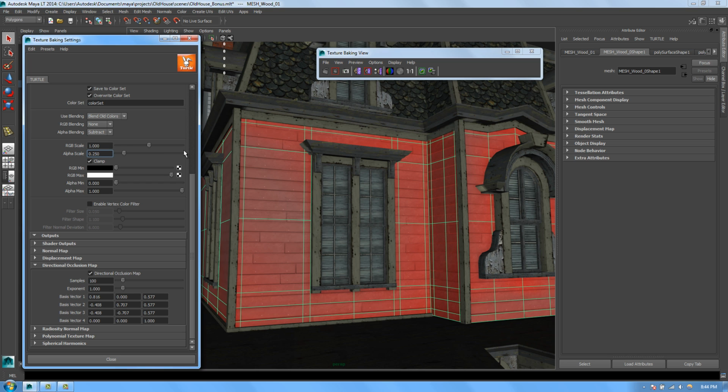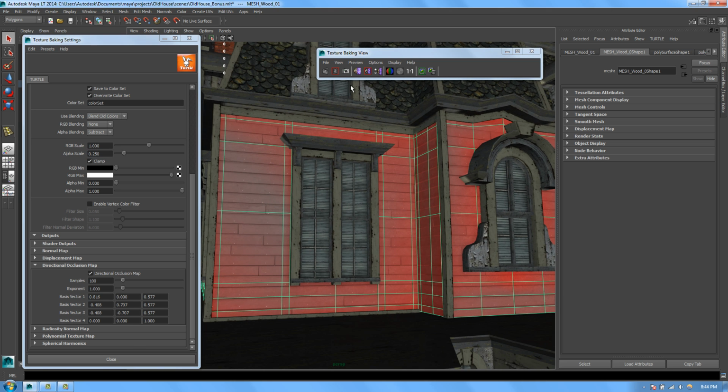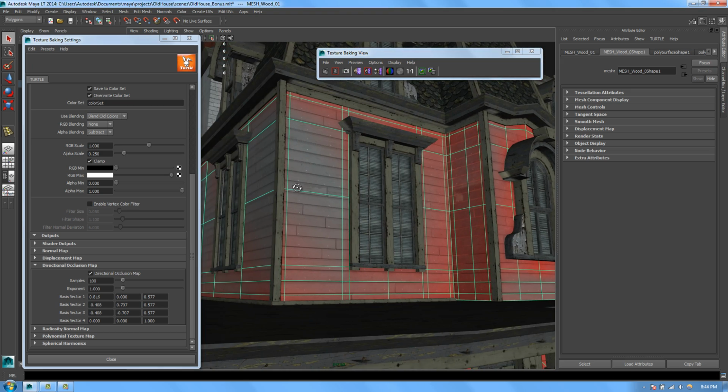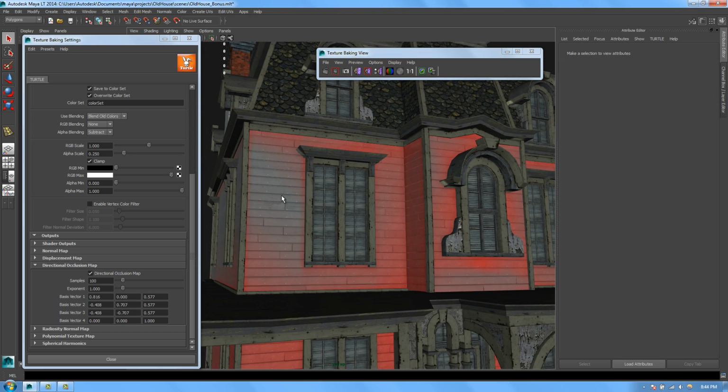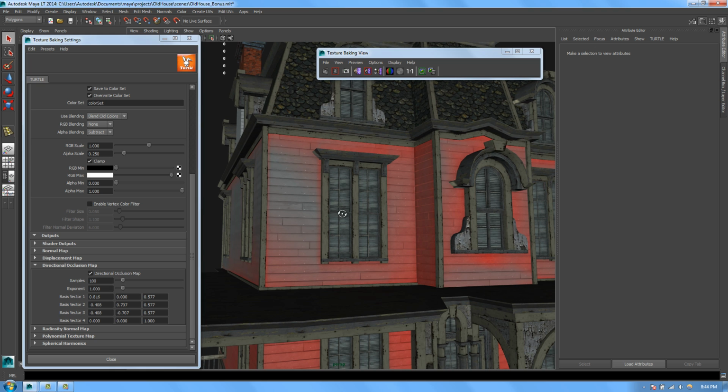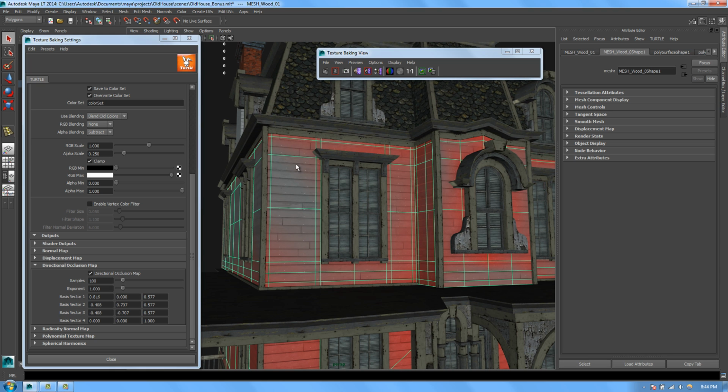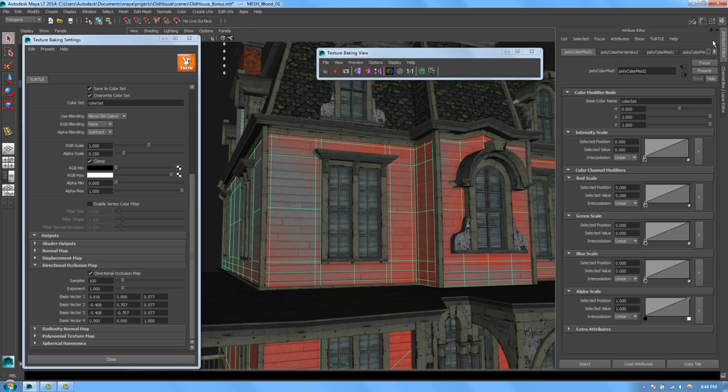Perhaps set the alpha scale to 0.25 and do another subtract. Maybe one more time, and that looks pretty good. One thing that you can do here is increase this using the modify color set. So under color, we're just going to hit the modify current color set button, and that'll bring up the attribute